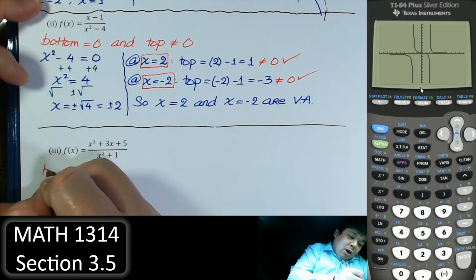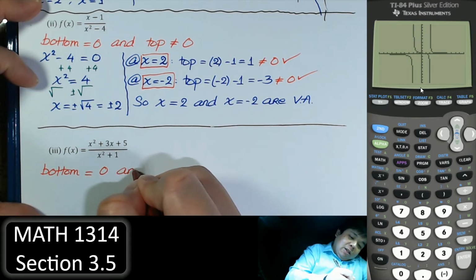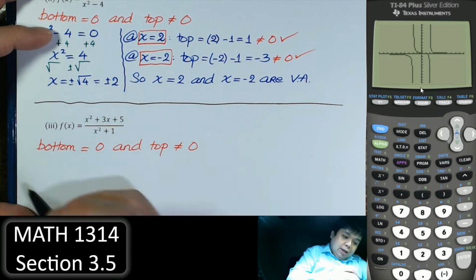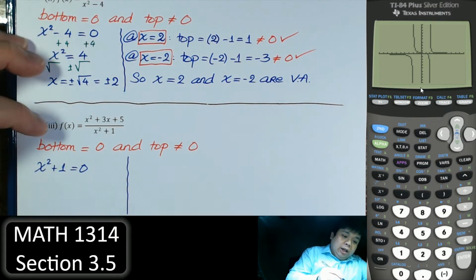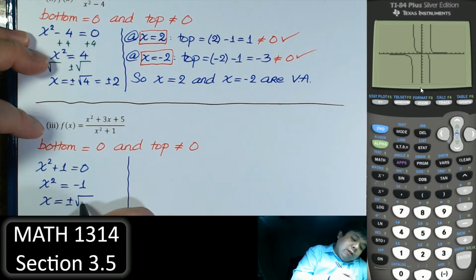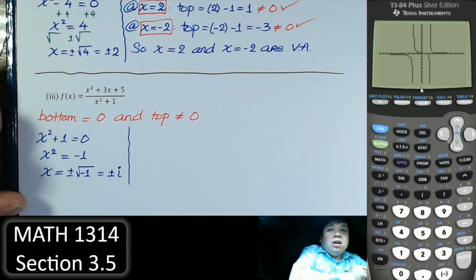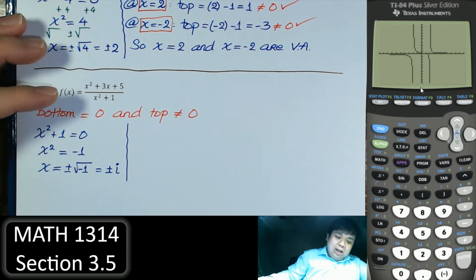Once again, we need the bottom equal to 0 and the top is not. So x squared plus 1 equal to 0. Here we just subtract 1 on both sides. We did one similar to this earlier, and take the square root on both sides. Right. This is not a real number. So in this case, the bottom will never be equal to 0. So in this case, there's no